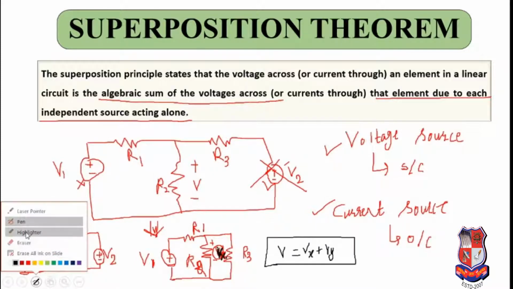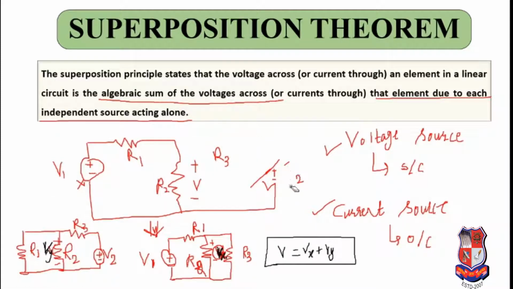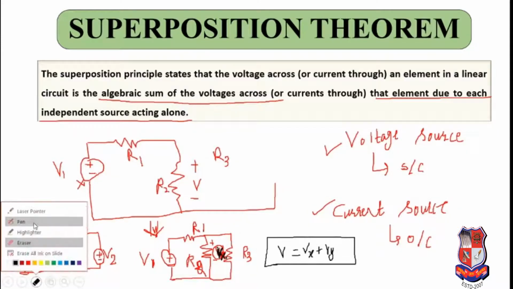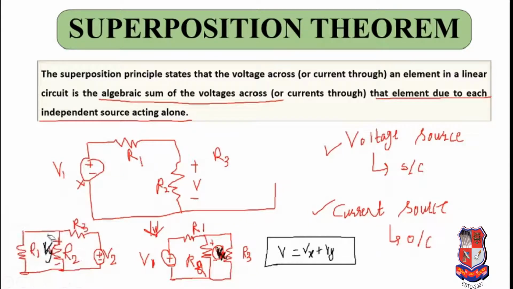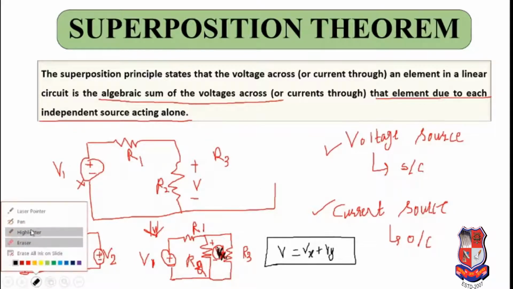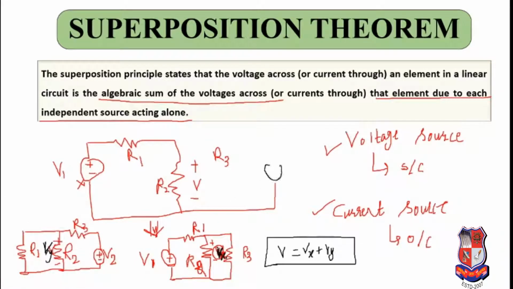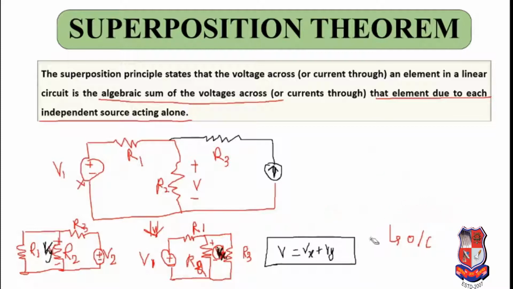Now suppose instead of this voltage source, if I bring a current source, then what will be the case? It means that instead of voltage source, now I am drawing a current source. So here I will be replacing it with a current source that will be connected over here with a resistor. Okay, so now how will my circuit be? Let me erase this much portion. This thing you have to remember: voltage source is short circuited and current source is open circuited.